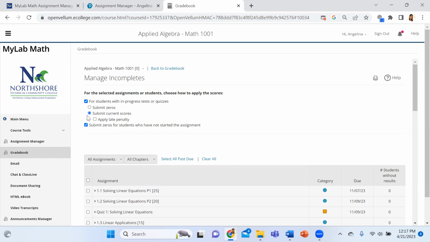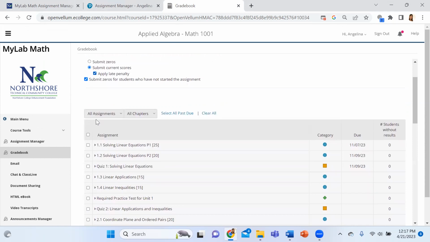You can either choose submit zeros or current scores. I like to do current scores. So sometimes students maybe do 2 questions of the 10 or 5 of the 20. So at least they can get some points rather than just zero. And then I usually click on apply late penalty. And then if you scroll down,